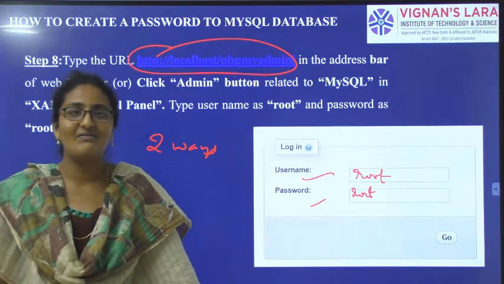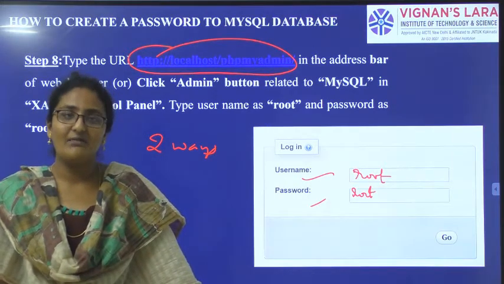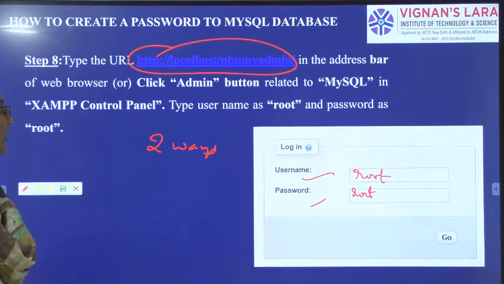First we will not have the password. We have only username and host name. Then we have created the password. We have changed the password, and after that, how can you log in? Open the web browser and type the URL like http://localhost/phpmyadmin. Then you will get the login page. There you can type the username and password.